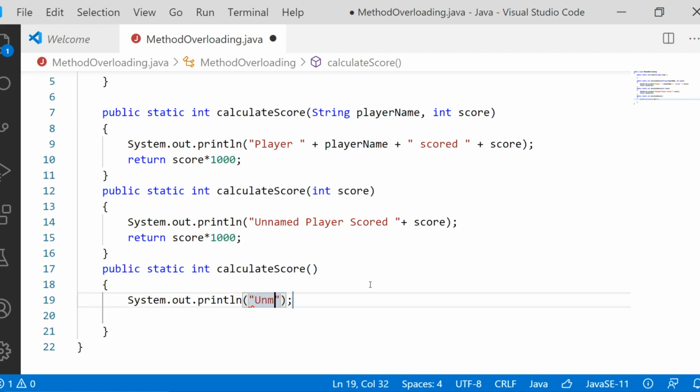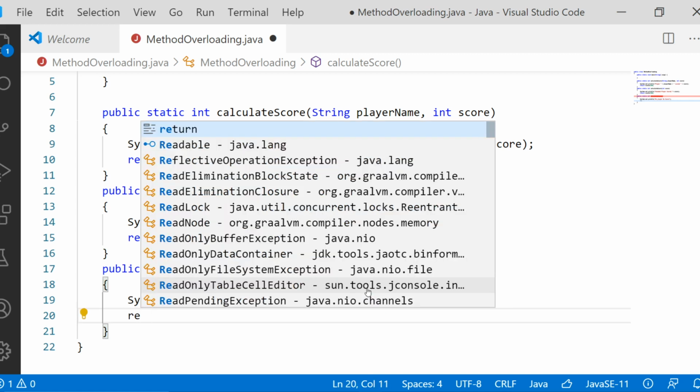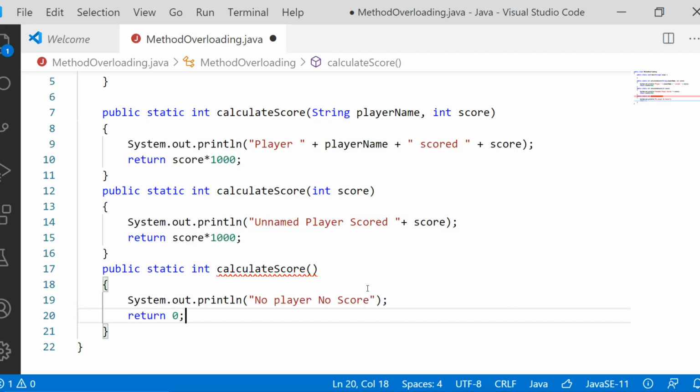We will just simply type unnamed player, or otherwise no player, and also no score. And there is no score to return, but we have kept the return type as integer. So we will return 0.